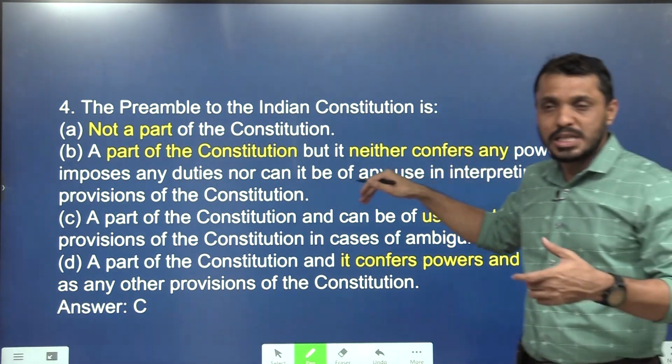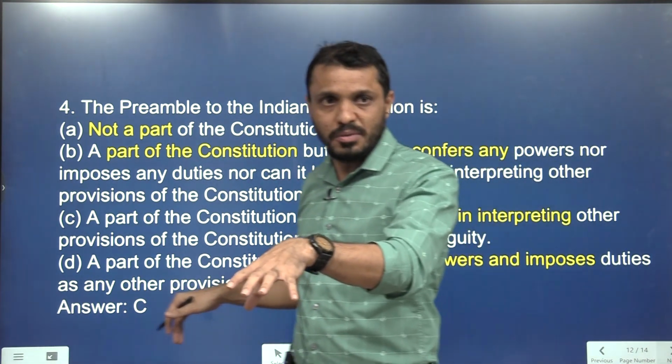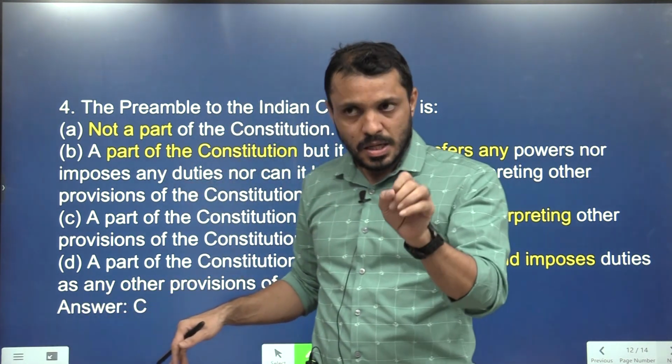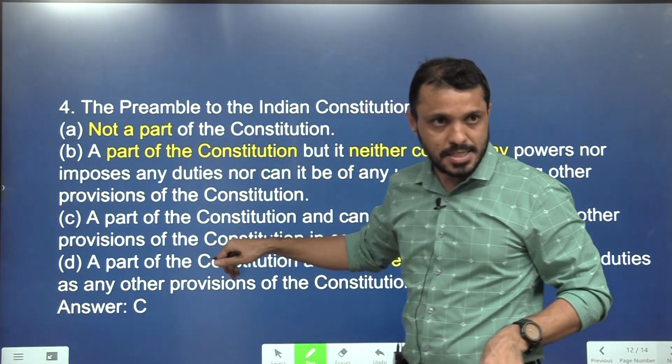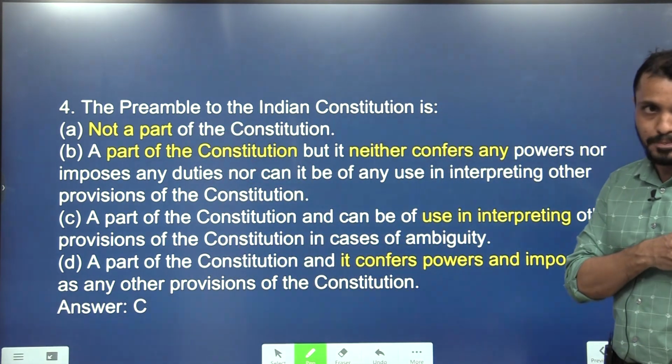For example, in tomorrow's class, once the fundamental rights are done, 10 MCQs will be there. You have to go through all the 10 MCQs, and 5 minutes time will be given. You will answer, then for the wrong ones, we will quickly discuss. That should be the right process.